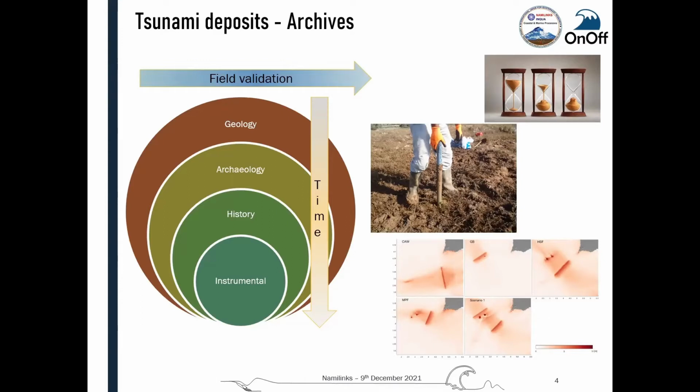But one thing that is also crucial in this field of science, in my opinion, is field validation. I've been starting to use models, and I don't know if there are a lot of modelers here, but models can produce almost everything that you want. The important thing is that they are validated by field data. So we cannot forget the importance of field data and always going back to that as the most reliable database that we have. From that, we can use models, and we can use them as a tool to demonstrate,